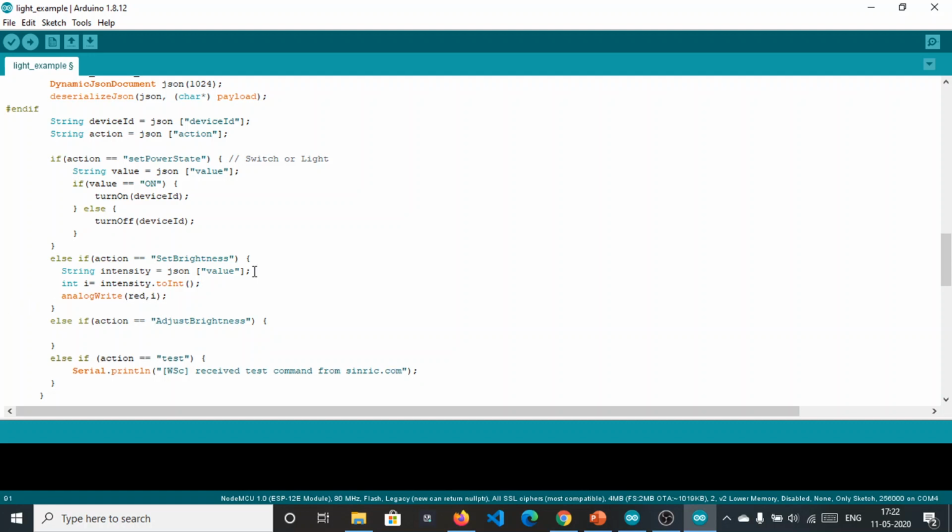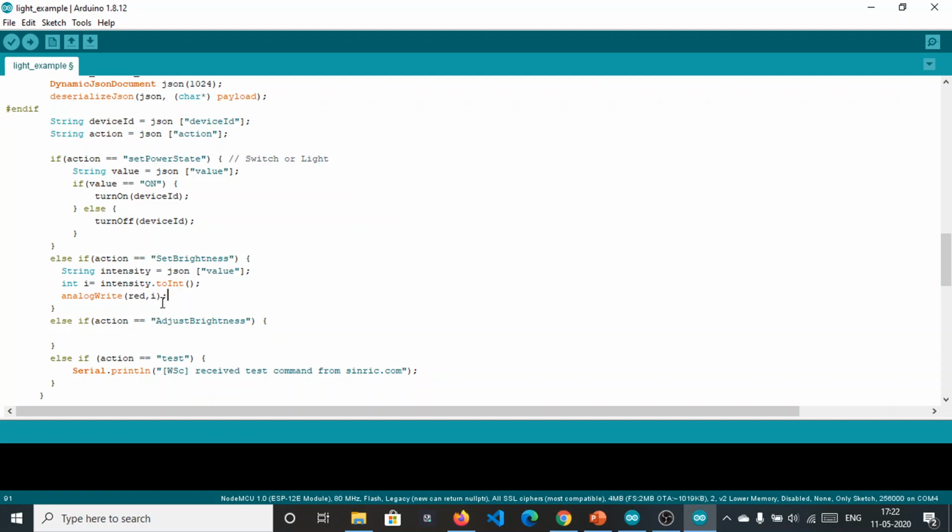And if we have multiple LEDs and we need to control the brightness of multiple LEDs, what should we do? We should first create a function and pass the device ID there. I have already written the code for multiple LEDs. I have actually used two LEDs, as you have already seen in the demo. So I will share the code, but first we are writing the sketch for a single one.